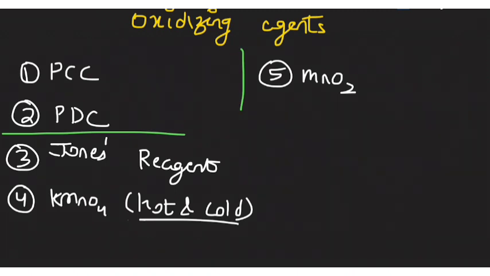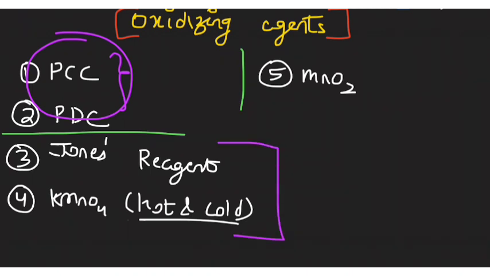Now moving on to the oxidizing agents. Here you have to study the milder as well as the stronger ones. PCC and PDC basically come in the milder category, and you have to study all the aspects, lactone formation, allylic alcohol, everything. Next, coming to stronger ones, Jones reagent and KMnO4. For KMnO4, students only study alkaline KMnO4 and finish. No, you have to study the hot KMnO4 as well, where it does oxidative cleavage.